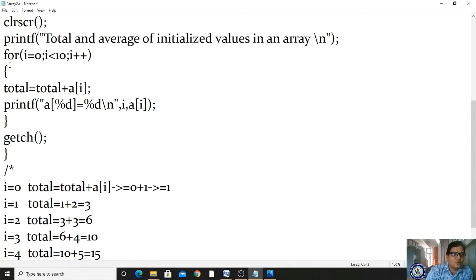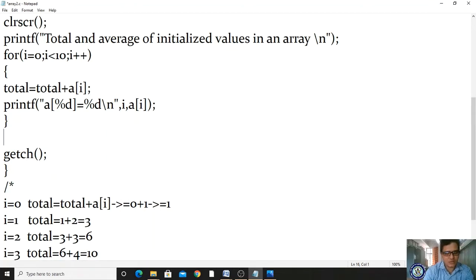Okay, so you have printed, yet the program has not finished. You have stored the total value in the total. Now what are we supposed to calculate? We have to calculate the average, right? I'm taking average is equal to total by size. What is the size? 10. Got it? So the total size is 10, right? So that is why I'm giving 10.